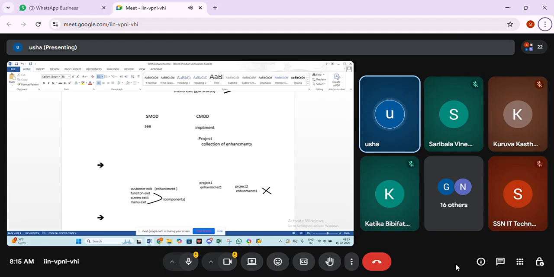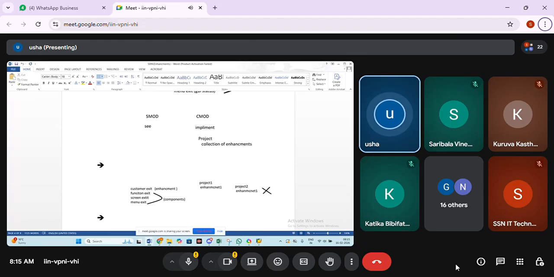But an interface is a class where all the methods are abstract methods. So BAdI is an interface where all the methods are abstract methods, which are going to have the signature, import, export, exceptions, everything. But there is no code. Now you can implement the code as per your business requirement.